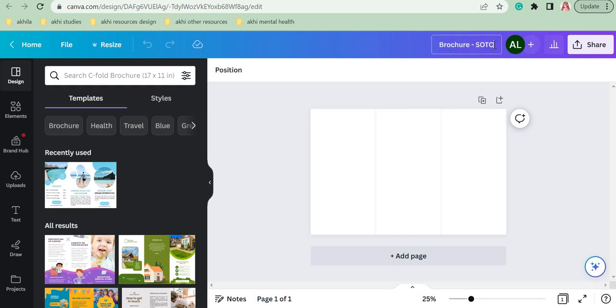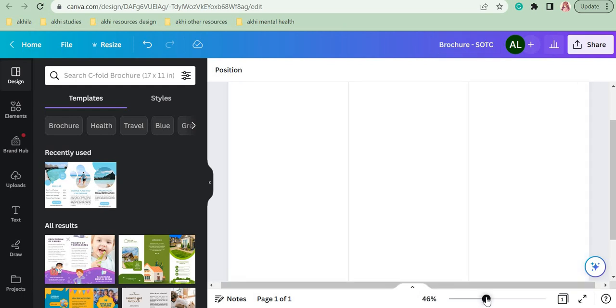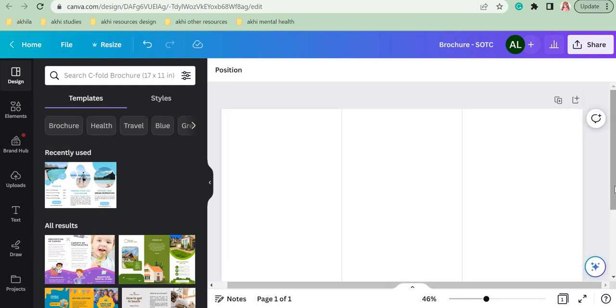We are going to do the brochure for a travel agency called SOTC. Okay, SOTC is a travel agency. So we are going to make the brochure for them. Okay, right. So don't worry, if you remember we used a logo and all in the class. Don't worry, I will send you all the pictures in the group. So it is very easy for you to use that. Okay, right.